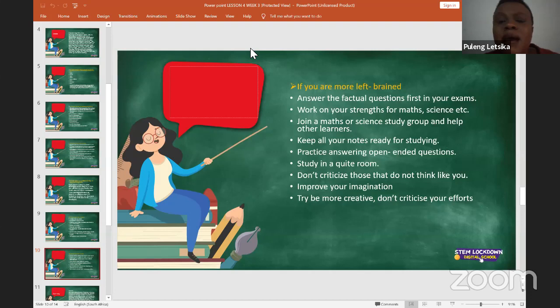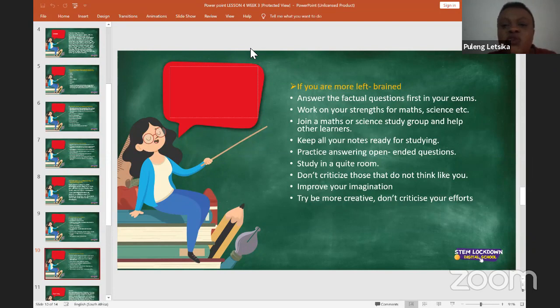I'm better with maths and science. That doesn't mean you're better. It just means that that's how your brain works. We're all unique. So where the other person lacks, let's make it a habit of helping them out. And when you're right brain, you can also help the person who's left brain with the open-ended questions and questions that require more than facts, that maybe want you to contribute with your opinion too.